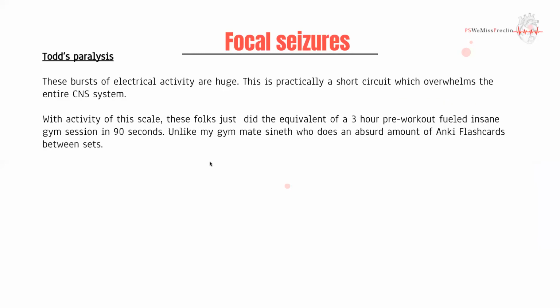Again, big brain things. Next, we have something called Todd's paralysis. Again, named after some guy named Todd. I think, I'm not sure what he did. But basically what's happening here is kind of a short circuit, is how I like to think of it. You basically had bursts of electric activity that the brain is not used to, and now you've kind of tired all your neurons and they're going to be repolarizing for a while and not going to be firing at the same level. So you're going to have a period of reduced electric activity where even if you try, you're not going to be able to generate the same action potentials that you did earlier.